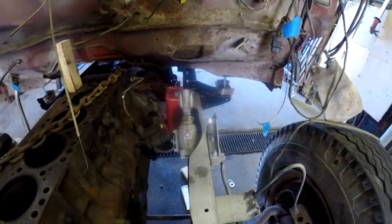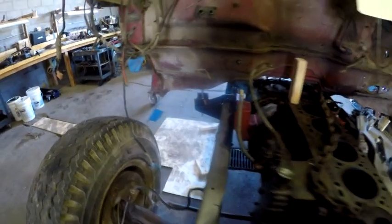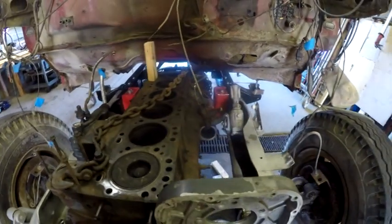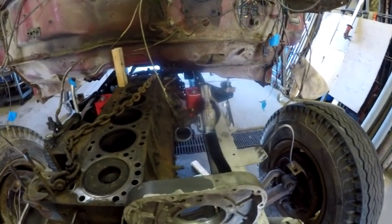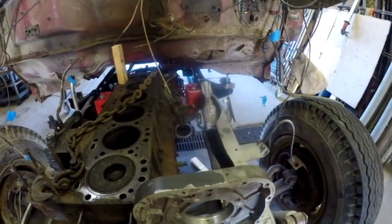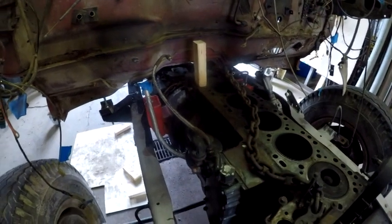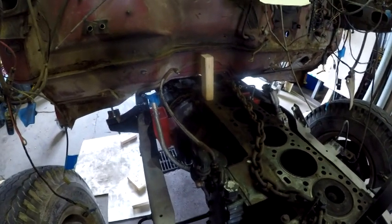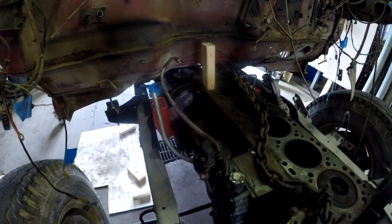So now the bolts on both sides are set exactly the same from the top of the mount. But I just wanted to show that to you before we get into the details of the issues that could arise from raising the cab or not raising the cab. Okay, we're over here at the front of the truck at the firewall, and I told you that I would bring you back and explain